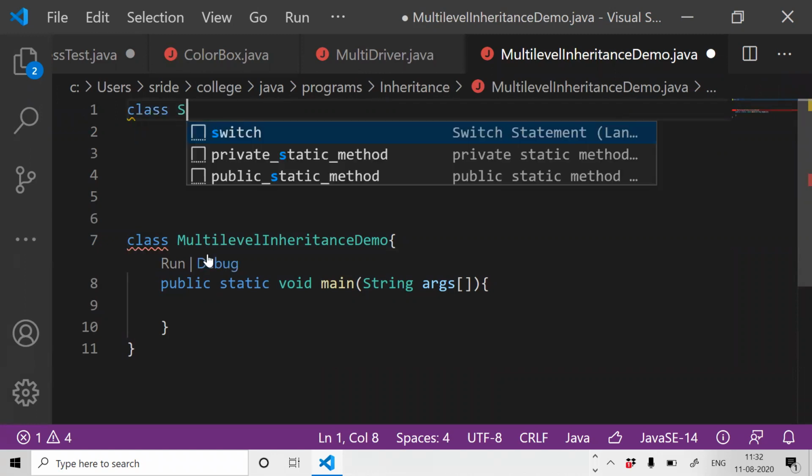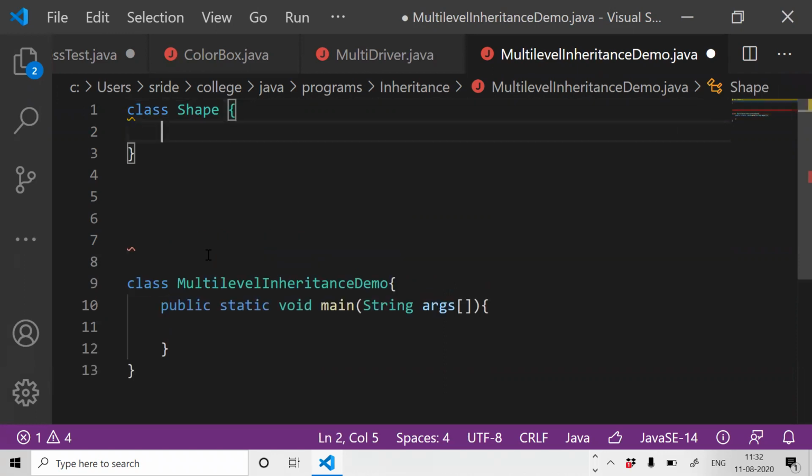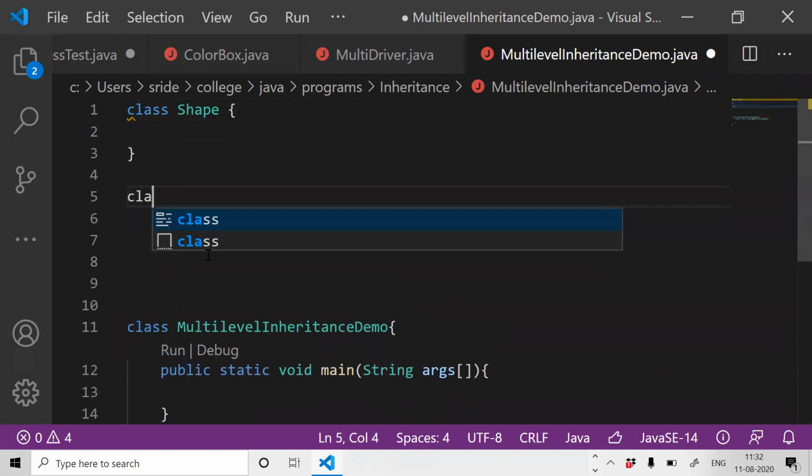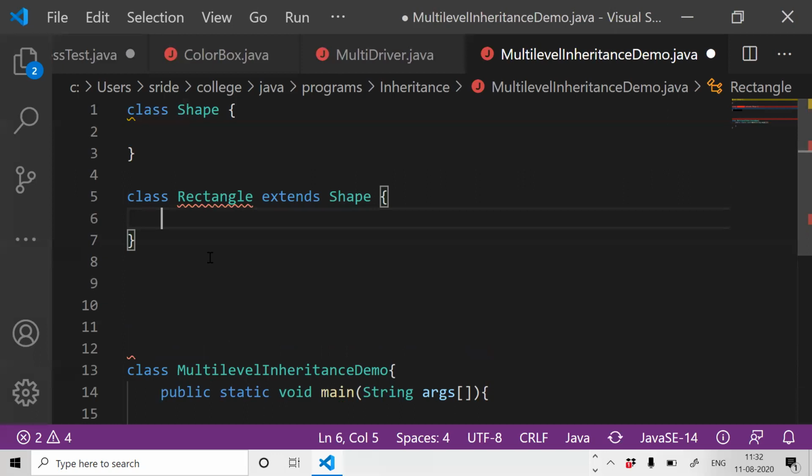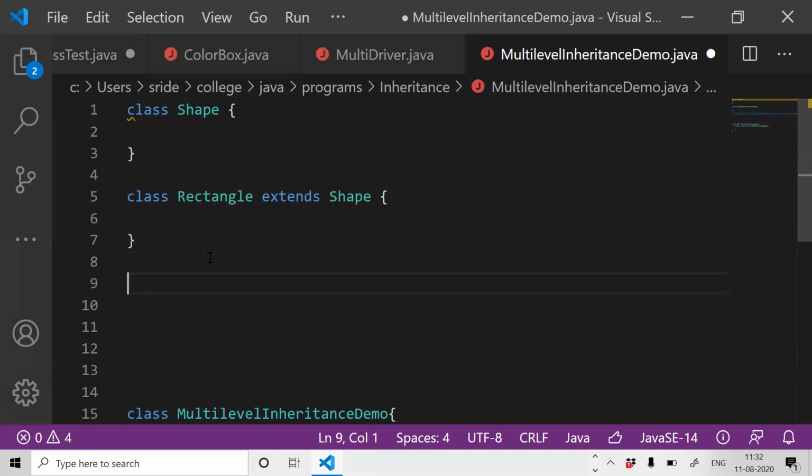Say I'm writing a class Shape. And I want to write one more class with the name Rectangle, and I want to make it a subclass of Shape. How to do that? Extends Shape. And I want to create one more class, Circle. I want to make it a subclass of Rectangle.